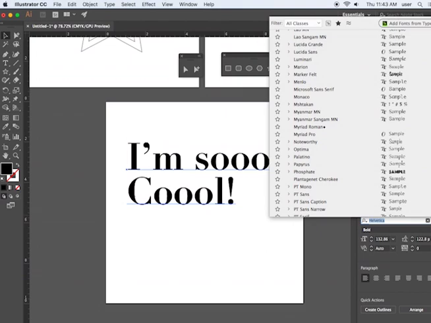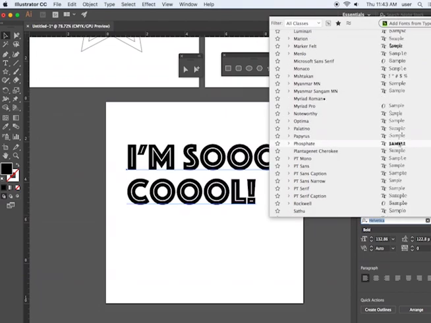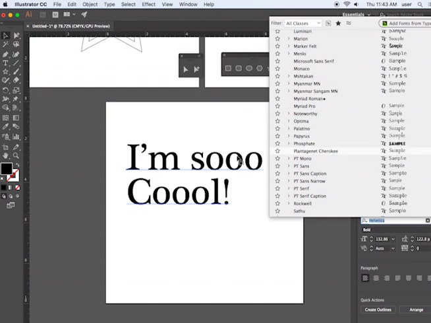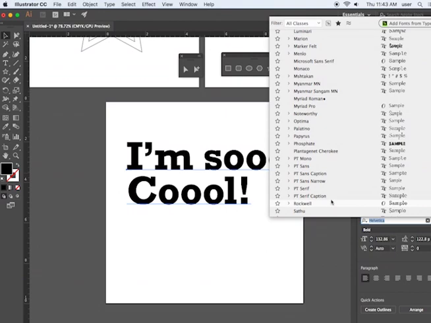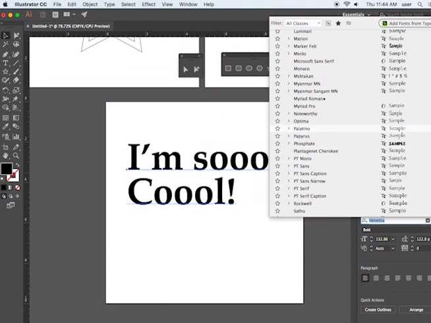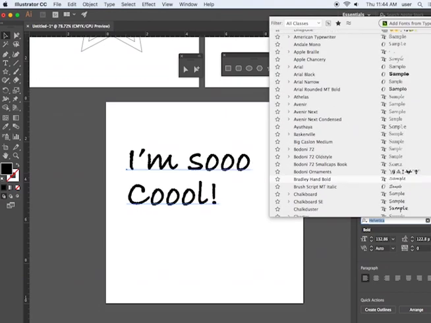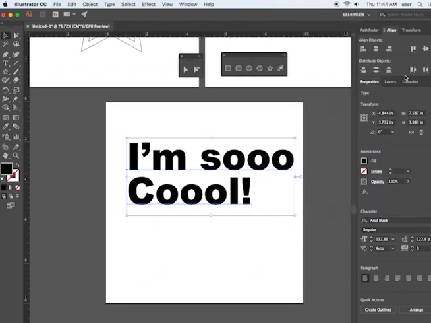You want something that has some boldness to it. Something like this is probably not another ideal choice because it has individual lines inside of it, so it's not a good choice. But something like this is good, something that has some weight to it. I'll choose something like this,